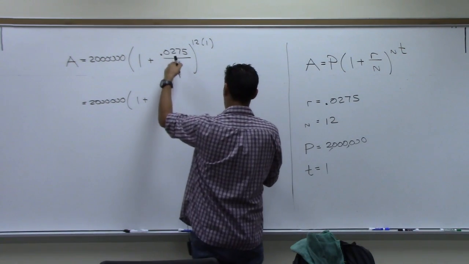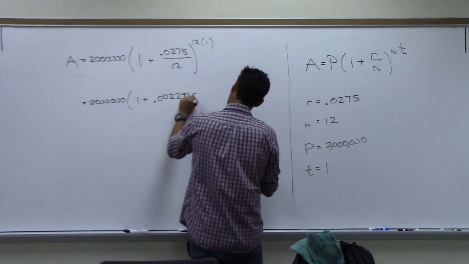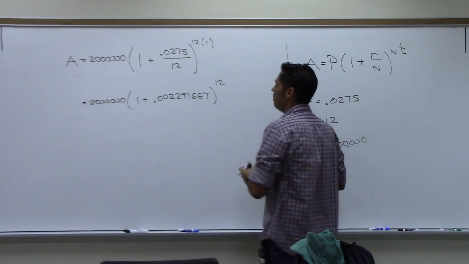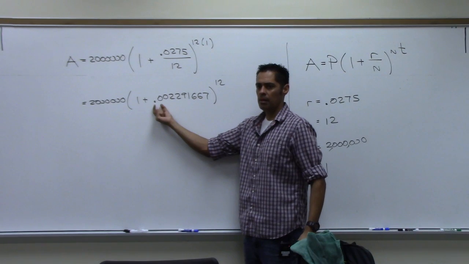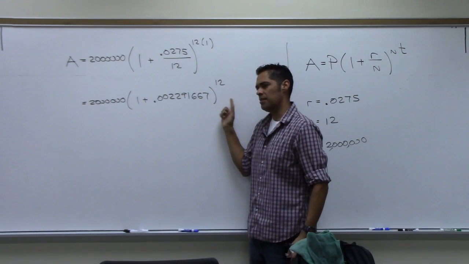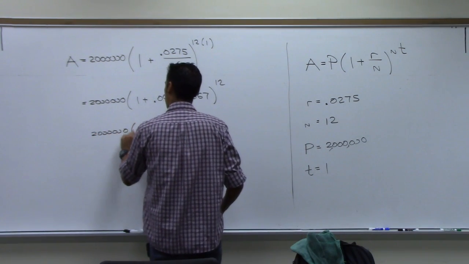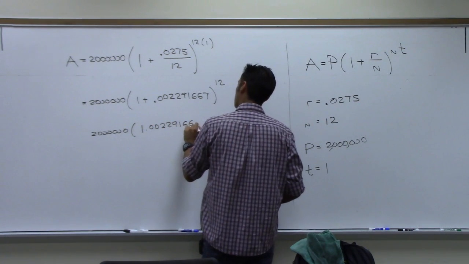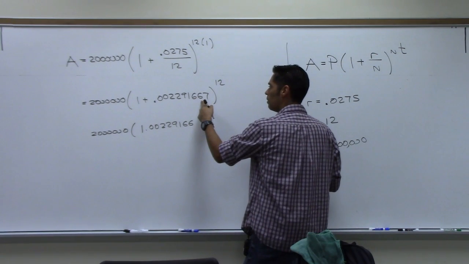So when I do this right here, I get 0.002291667, and then raised to the 12, because 12 times 1 is 12. When I put these two together, I get 1.002291667, right? Where? In here? 91666. Well, yours